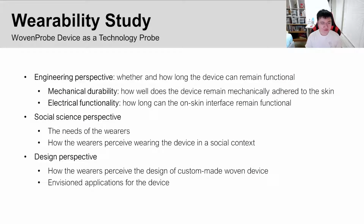To evaluate the wearability of an integrated system fabricated with a WovenProbe approach, we conducted a field study where our prototype served as a technology probe. Participants wore the prototype for a multi-hour period, from which we elicited insights on the technical, social, and design aspects